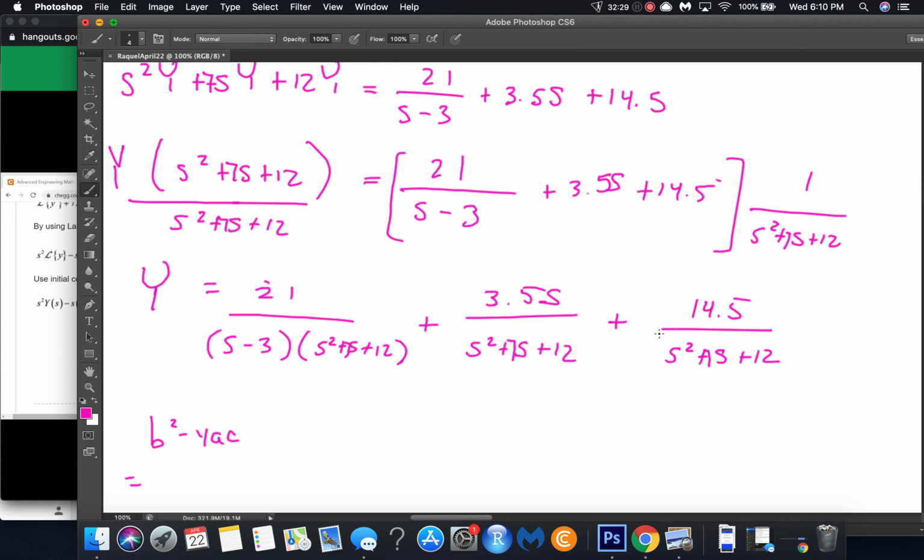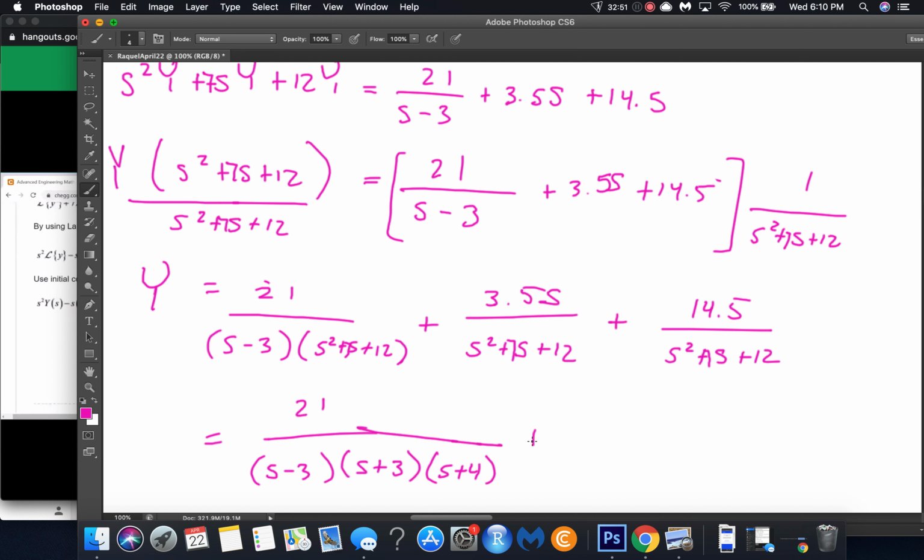Now, the same question. Are there 2 factors of 12 that add to 7? Yes, there are. 4 and 3. So this is going to be s minus 3, s plus 3, s plus 4. Then plus 3.5 s, then s minus 3, s plus 3, s plus 4, and then